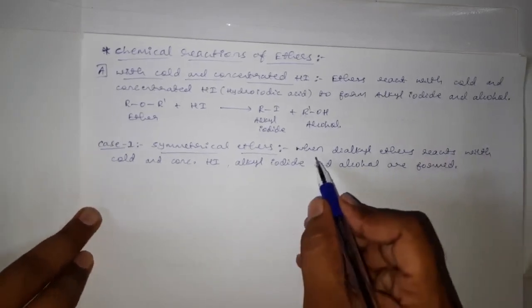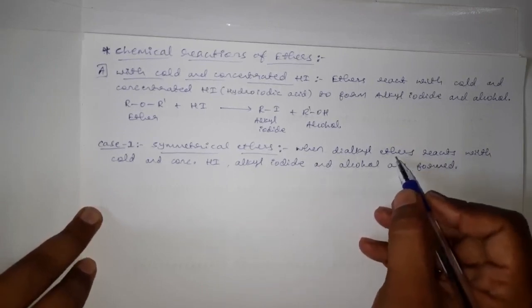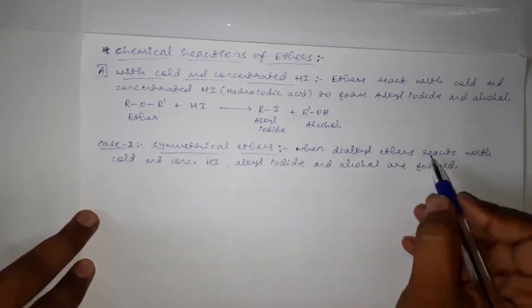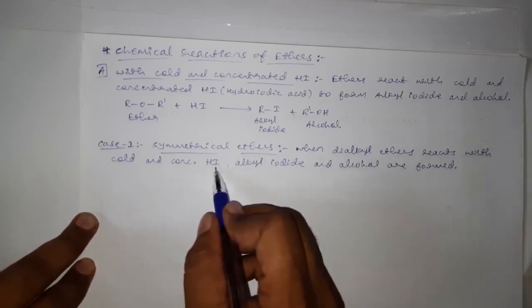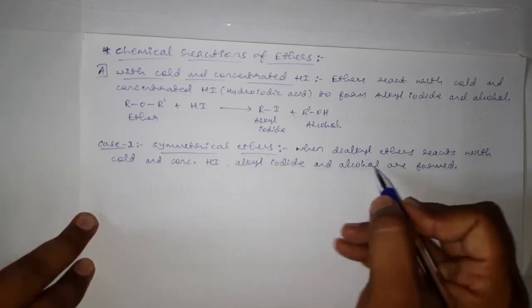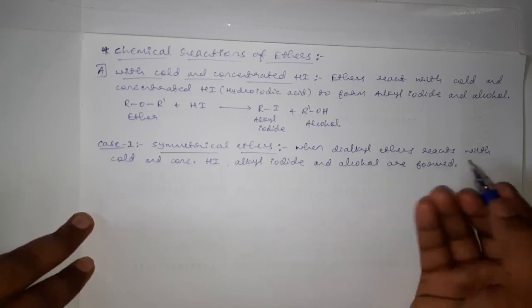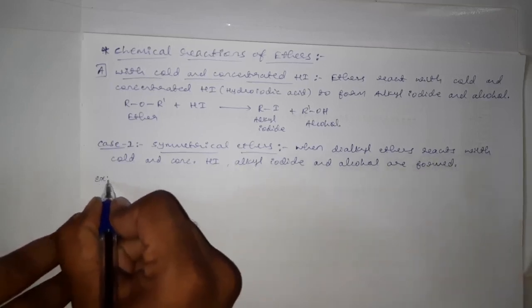Here, when dialkyl ether means symmetrical ethers are treated with cold and concentrated hydroiodic acid, we will get alkyl iodide and alcohols as products. Take for example